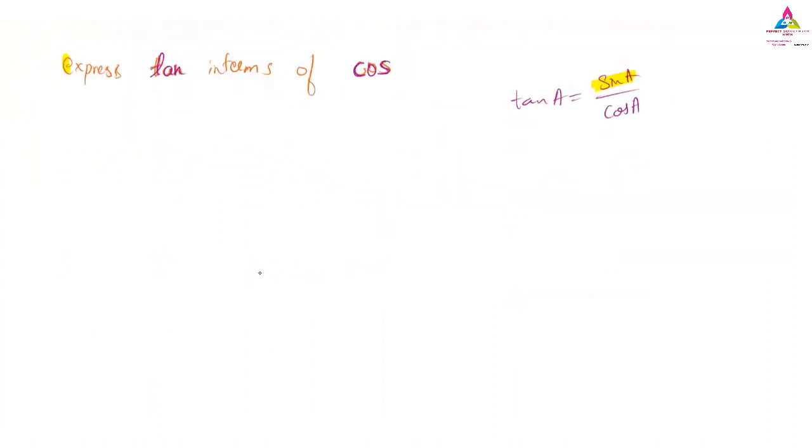One problem I will solve for you, and later on you can write it down. So I will take tan square A plus 1 is equal to secant square A. All of you concentrate here. Very importantly, I'm shifting the 1 to the other side. So we get tan square A is equal to secant square A minus 1. You understood this because I already explained it. Now I want the tan in terms of tan, so I will not take the square, I will take the tan only.